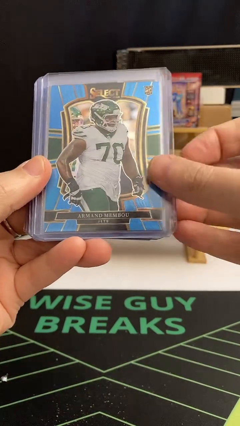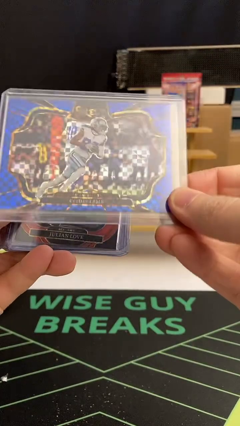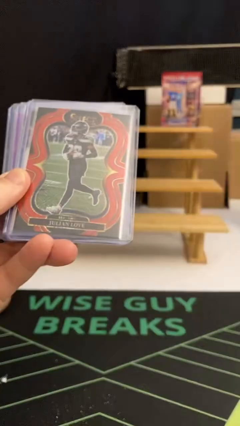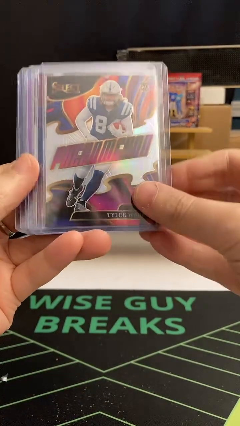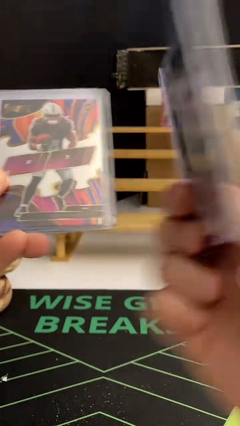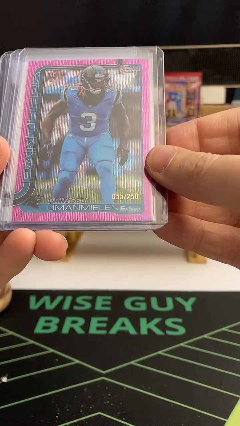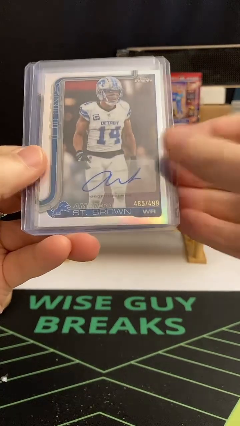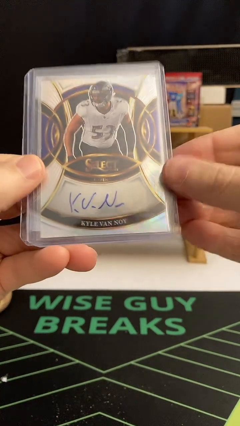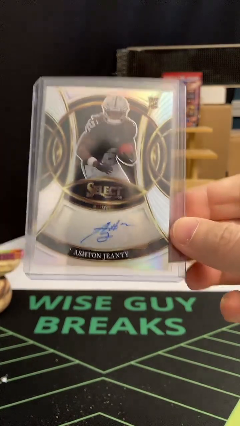Scattaboo on the Neon Icon Silver. Membu was out of 99 for the Jets. Roma Dunze out of 199 for the Bears. We had CD Lamb out of 75 for the boys. Julian Love was out of 49 for Seattle. Tyler Warren, Phenomenon. Benford for Buffalo was out of 399. Ashton, Phenomenon. Princely, 55 out of 250. Princely. I like that. Amon-Ra out of 499 for the Lions. Kyle Van Noy for Baltimore. And Ashton Genty for the Raiders. Wrapping